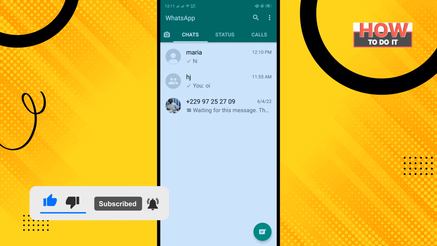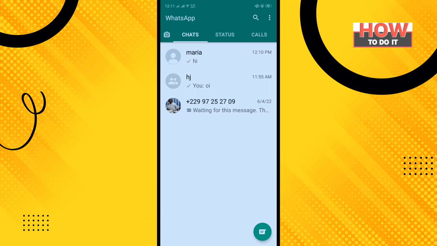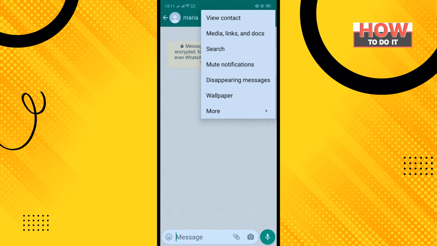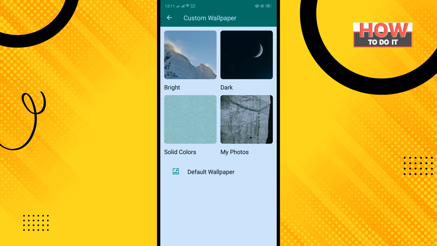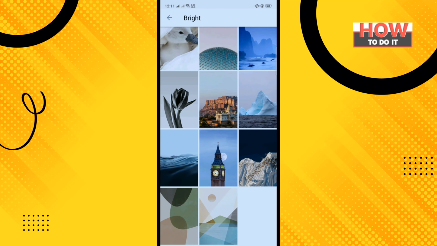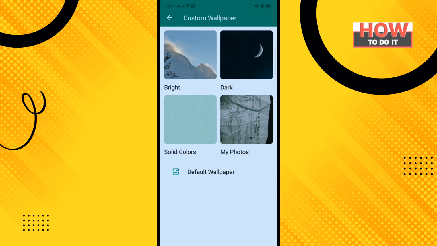How to do it? So open your WhatsApp and open the chat, and now tap on this three dot icon in the right hand corner and tap on wallpaper, and you can select here bright, and inside of this bright section you will get some wallpapers, and you can